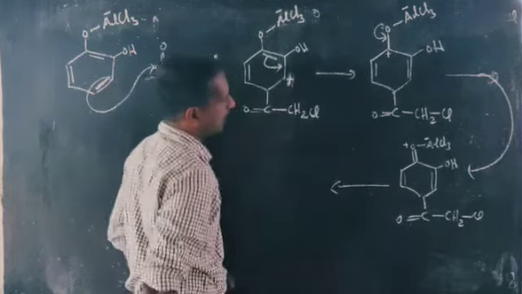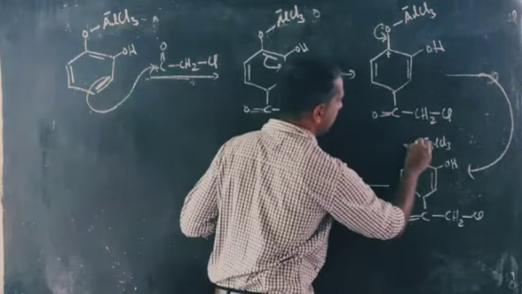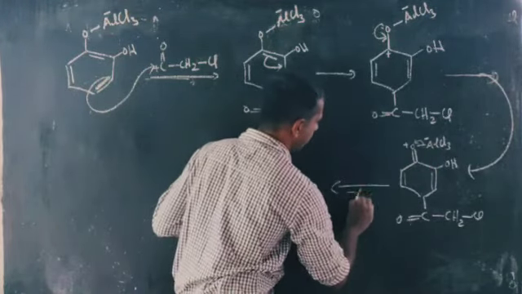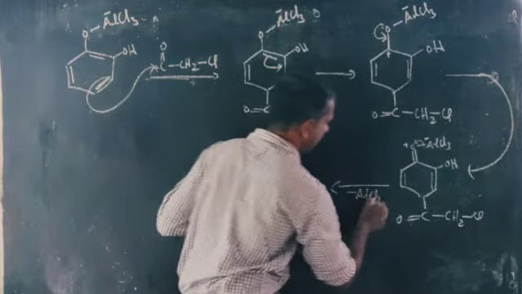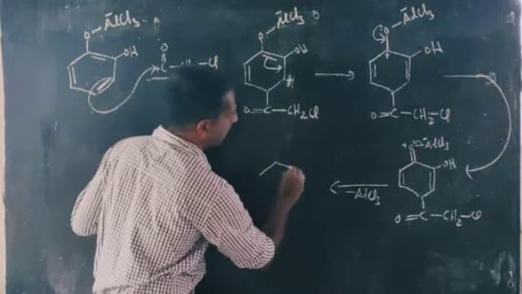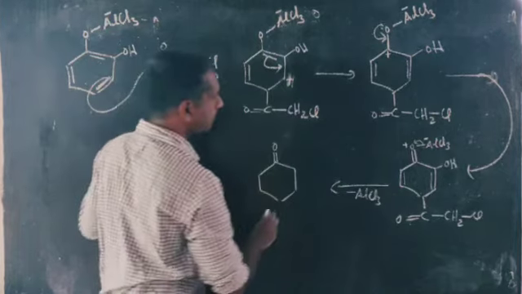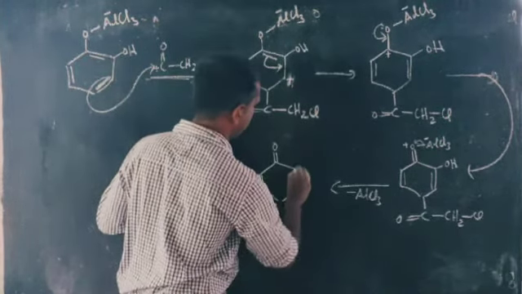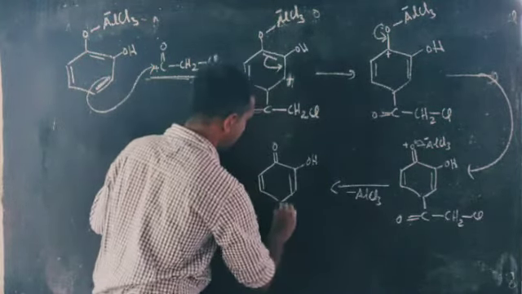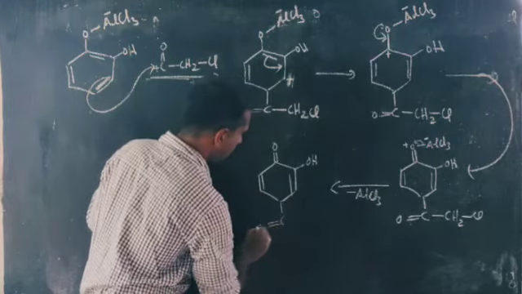In the next step, minus AlCl3 minus, and we get a structure like this. Here it is double bond O, here it is OH, and here it is C double bond O,